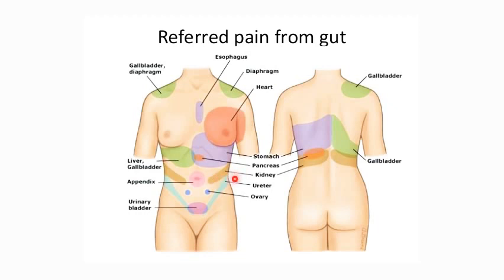The ureter, the pain usually radiates from groin to loin. So this is where the ureteric pain will be. Next, appendix. The appendix is located somewhere here in the right iliac fossa, but the referred pain from any inflamed appendix usually will be felt around the umbilicus. And suprapubic pains usually are from the urinary bladder and maybe because of the ovaries.